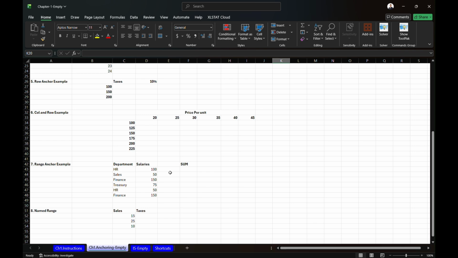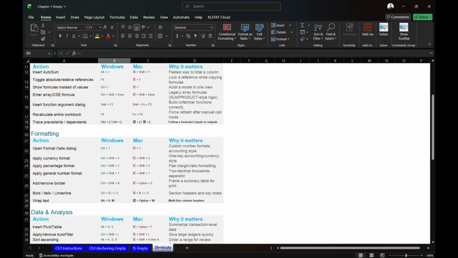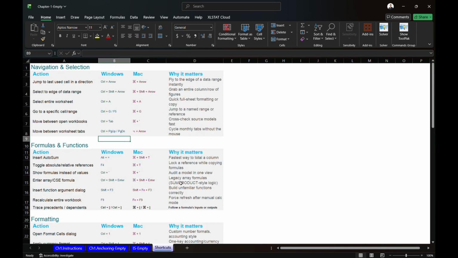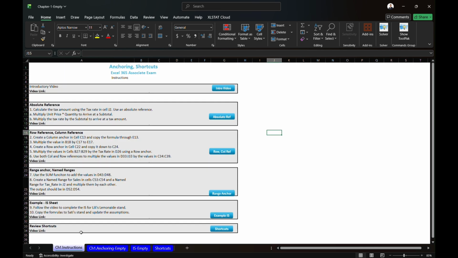Along the way, we'll introduce some Excel shortcuts which will help with your efficiency and understanding of Excel. Ultimately, the goal of this course is to help you pass the Microsoft Excel 365 Associate exam, also known as the MO210 exam. Chapter 1 is all about anchoring, which is arguably the most important concept